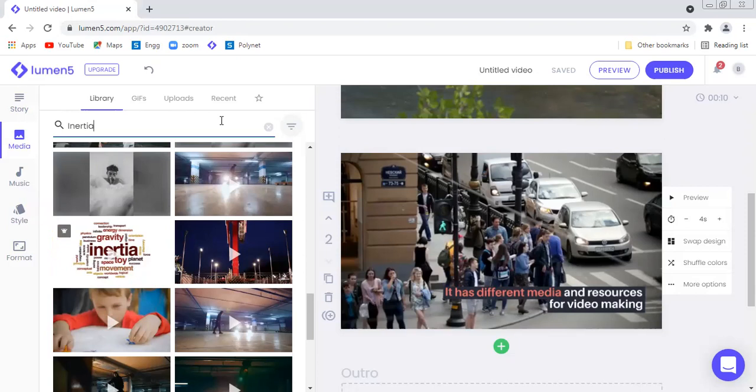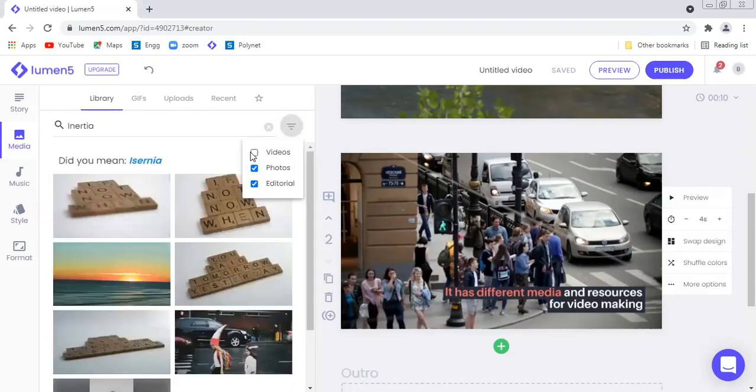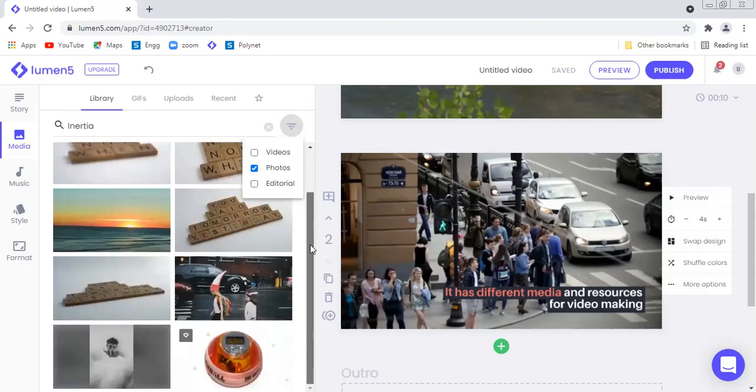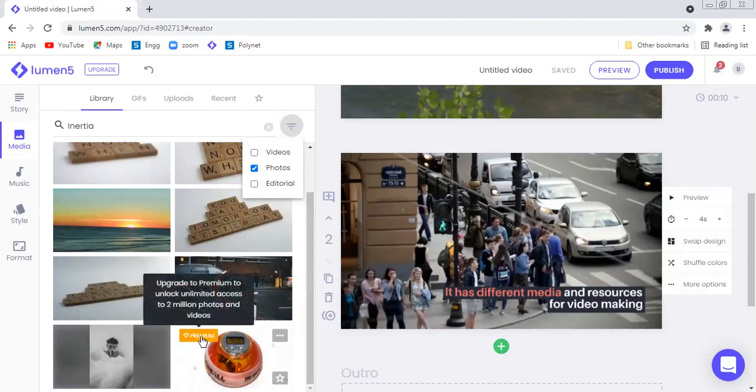Next, suppose I'm interested in just photos, then I can choose photos only. If I wish to remove the editorial, I can remove the editorial images also. Again, you can see this premium means what? It is not freely available, you have to pay for it, right?